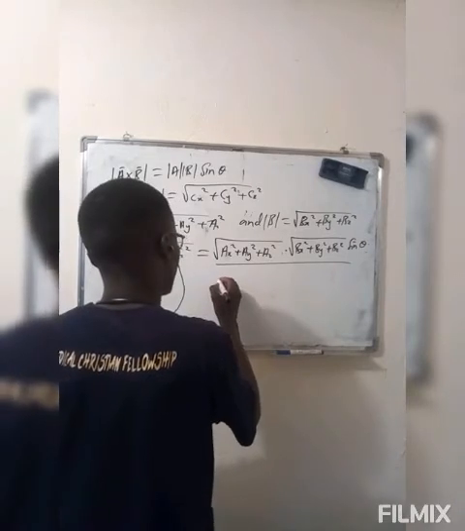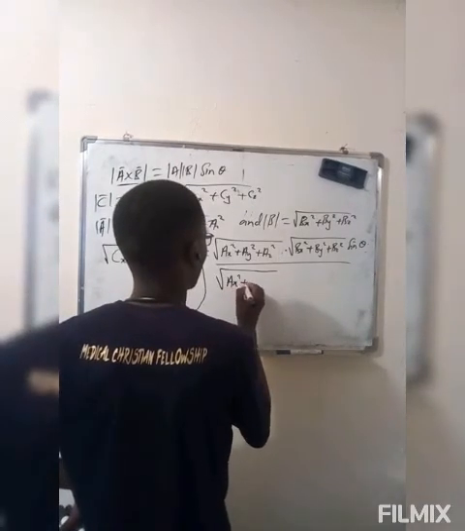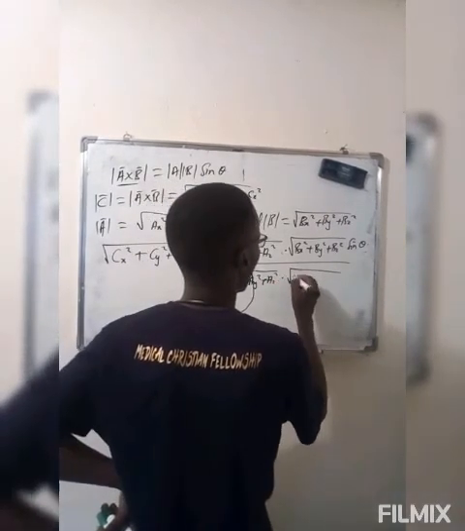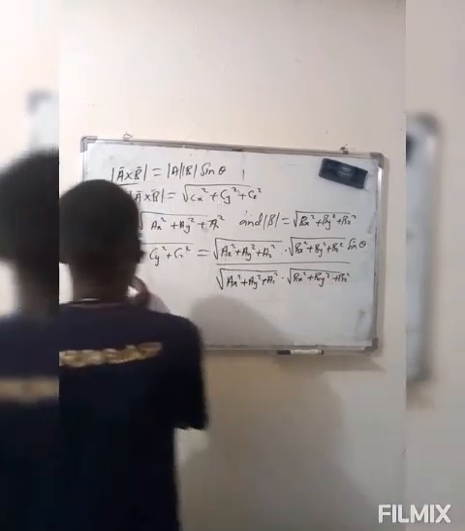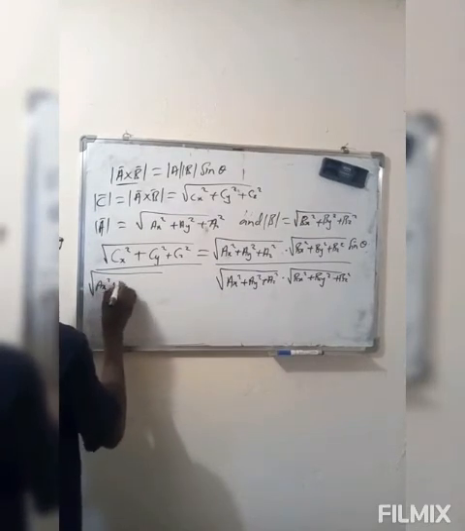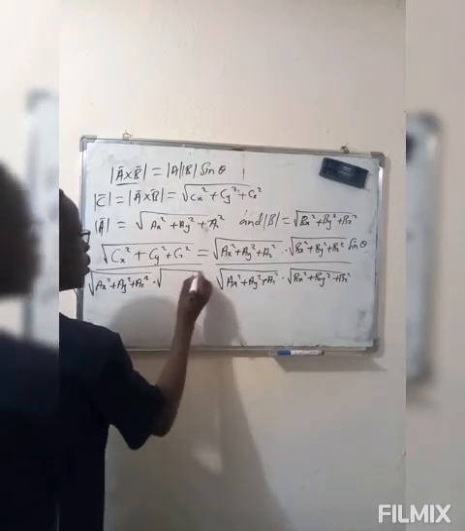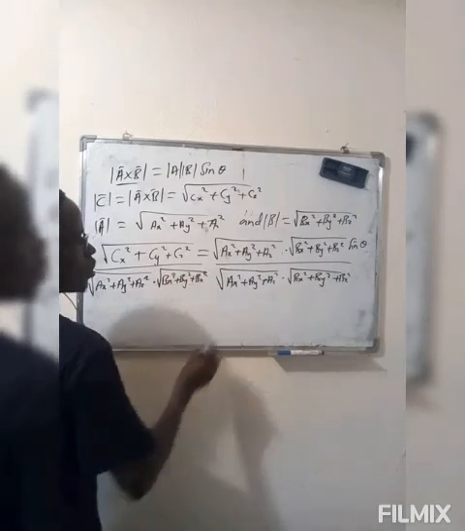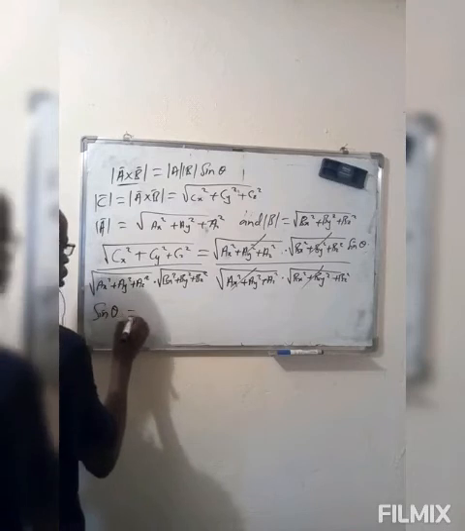So we divide both sides by the root of ax squared plus ay squared plus az squared multiplied by the root of bx squared plus by squared plus bz squared, and this and that will cancel, then you remain with sine theta equal to